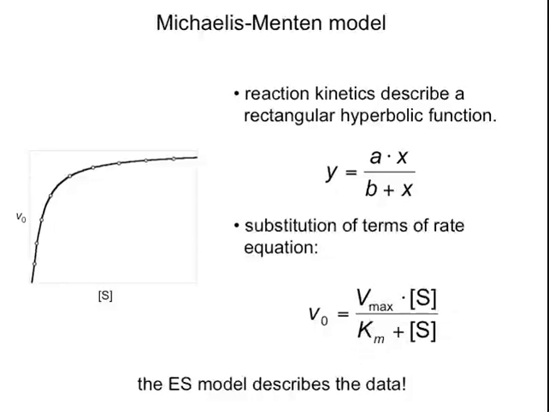Those are the only three things that we care about in this plot: Vmax, Km, substrate concentration. And I'll just skip to the end and say that the ES model describes the data for some enzymes, certainly not for all enzymes, but for very simple systems, we'll call them Michaelis-Menten systems, the model works